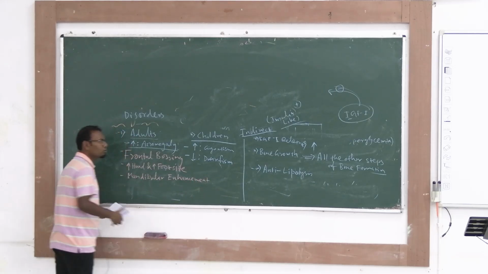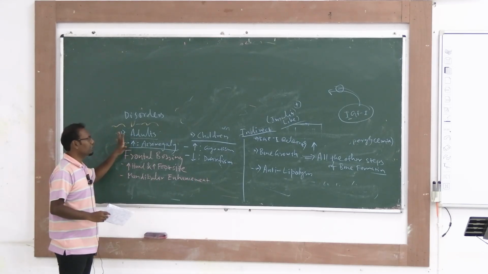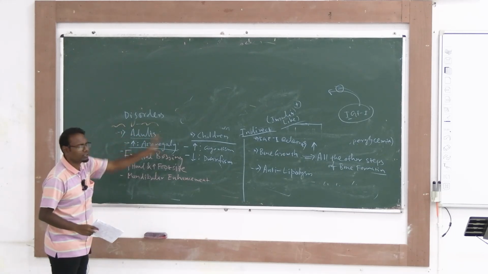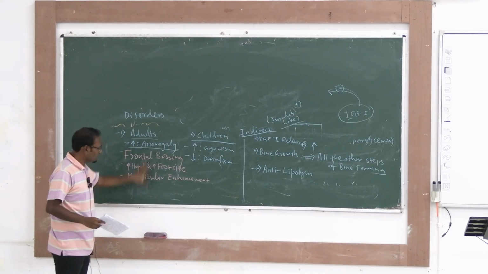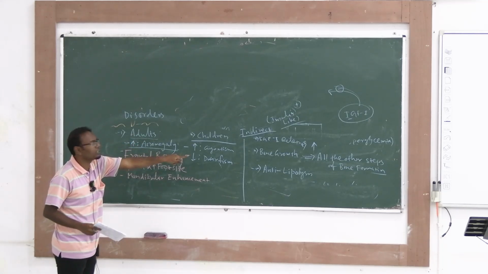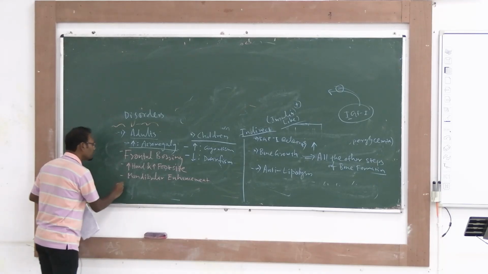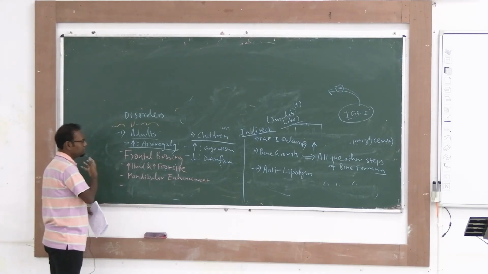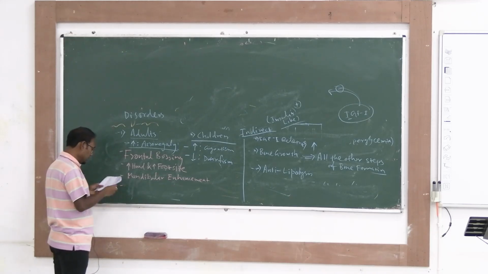Because remember, bone growth was the only thing that was precipitated by both direct function and indirect function. There is no inhibition. Okay, so direct function is also increasing the effects, indirect function is also increasing the effects. So that's why all of these things will be increased. Okay, so mandibular enlargement, frontal bossing, hand and foot size will be increased. Next,